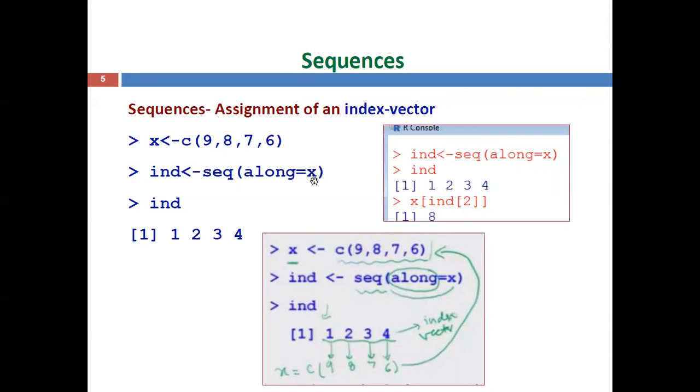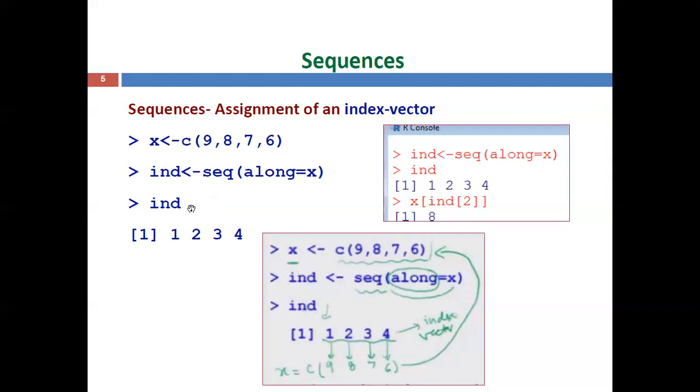Along equal to whatever variable name you use, it takes the values from that variable. Here along equal to x means it takes the x values. What are the x values? 9, 8, 7, 6. With these values, it generates the sequence by providing the index.